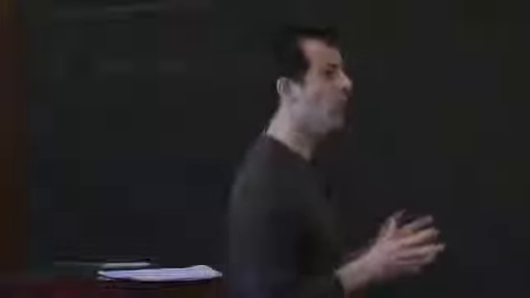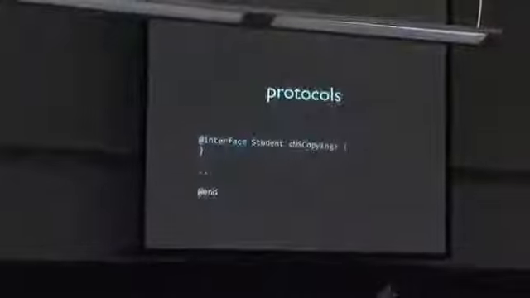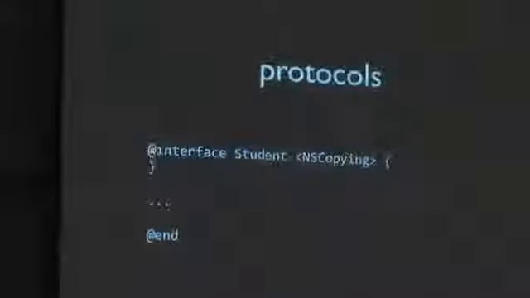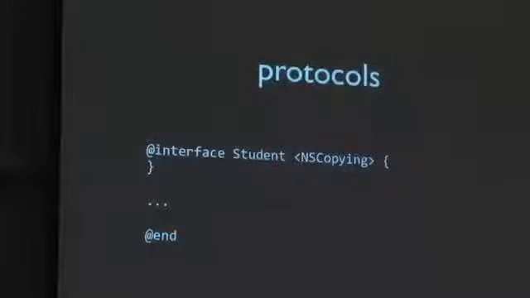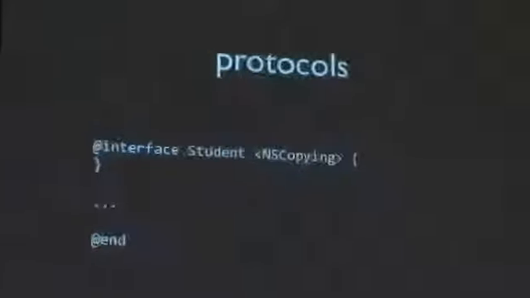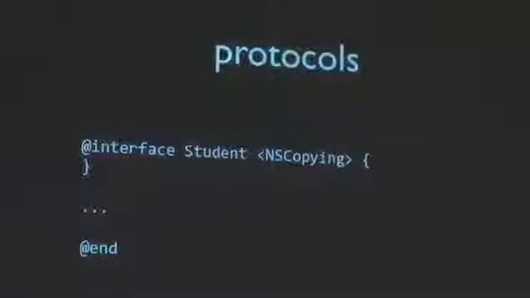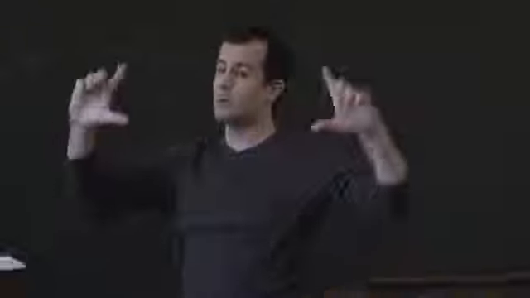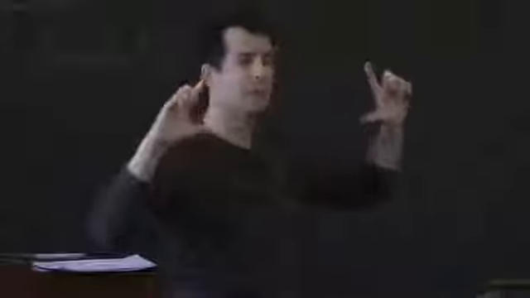In this case, a protocol, as specified in angled brackets there, means that this class implements a whole bunch of methods that are declared in a protocol called NSCopying. So in other words, there's some file, probably NSCopying.h on the system somewhere, and it lists, top to bottom, a whole bunch of instance methods and or class methods with minuses and pluses. That's all it does. Arguments, return types, all of that. When I now declare a Student class as implementing, in angled brackets, the NSCopying protocol, that just means that I am promising